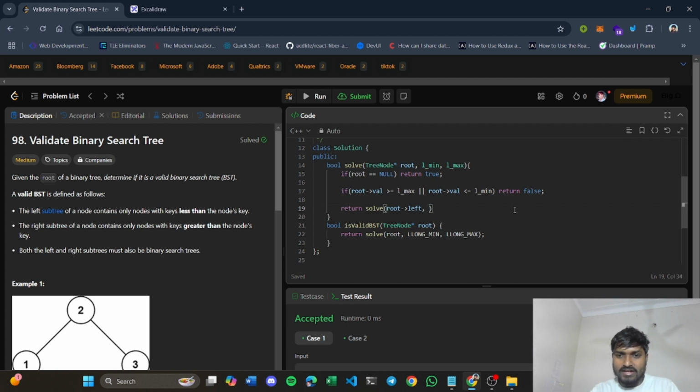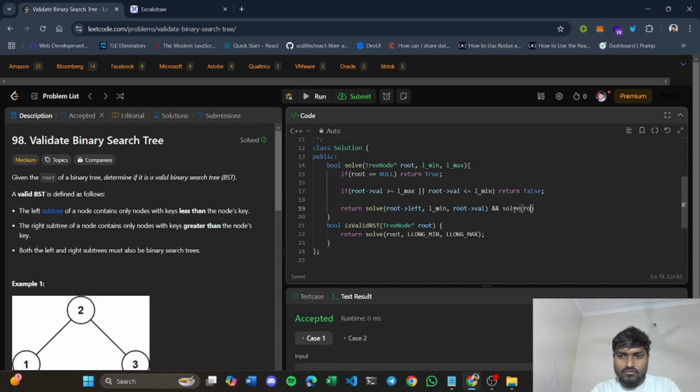So here your minimum value will be long min, right? And your maximum will become the previous root value. And you will check whether both are true or false, right?